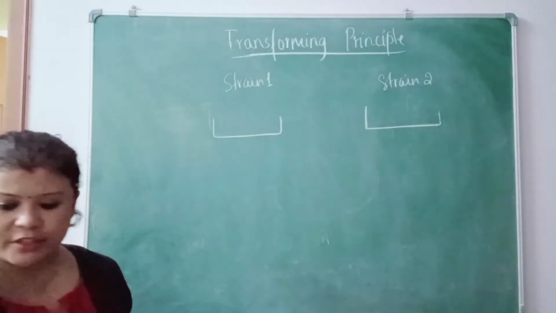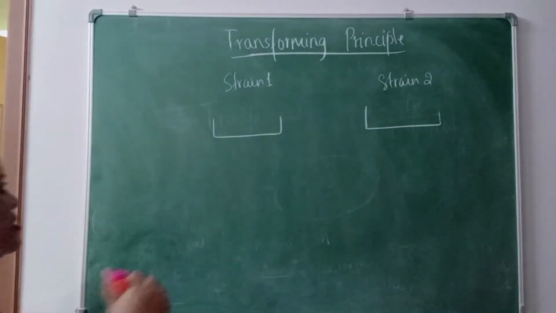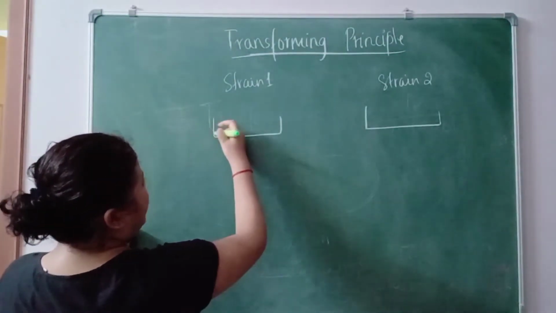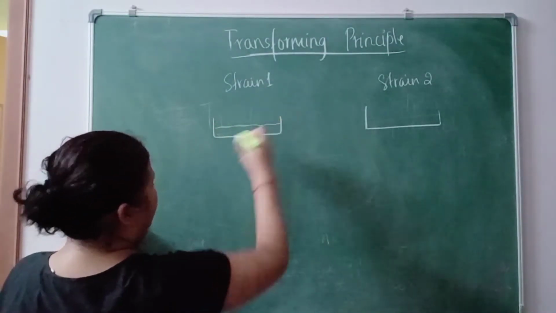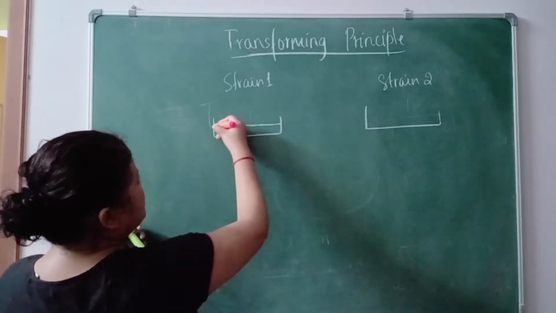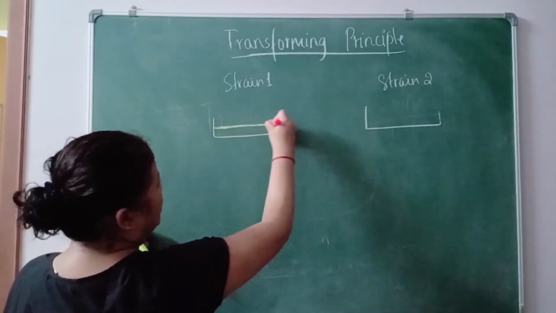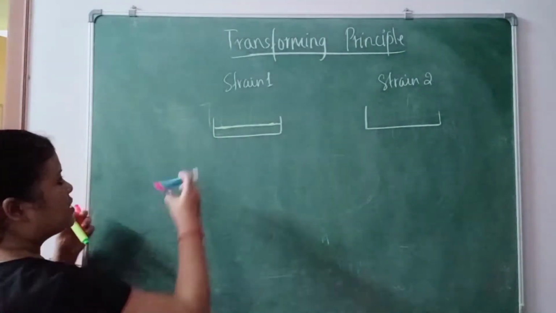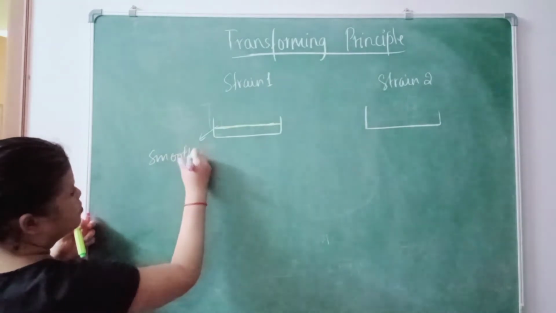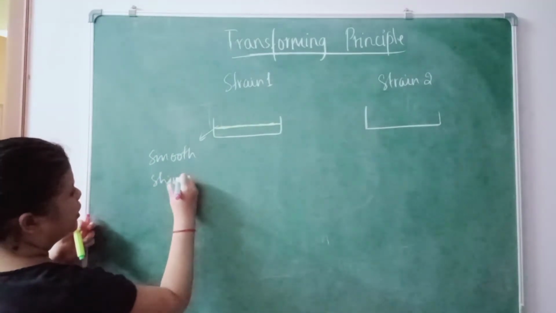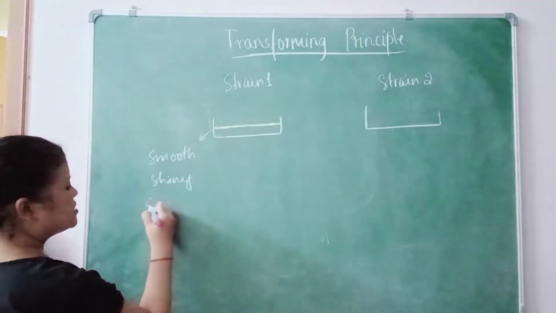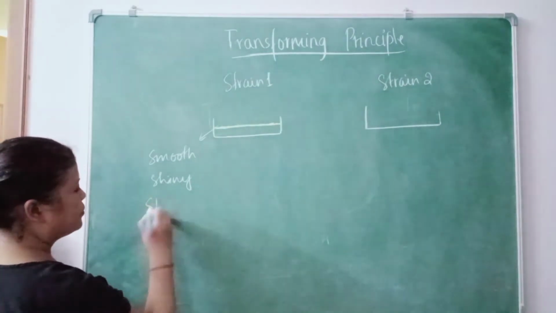He had a very good observation and he observed that strain 1 had a very smooth, shiny surface. So it had a very smooth and shiny surface, and he named it the S